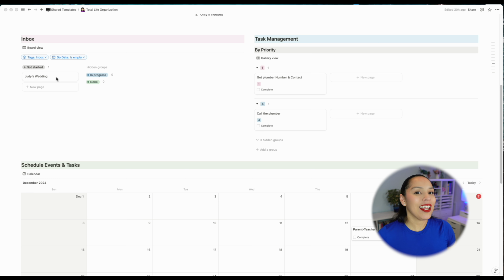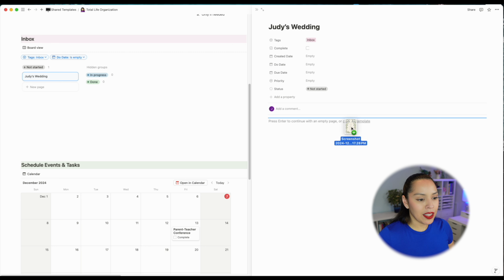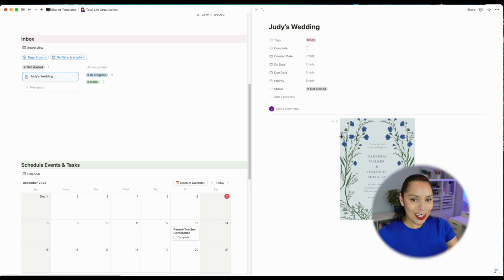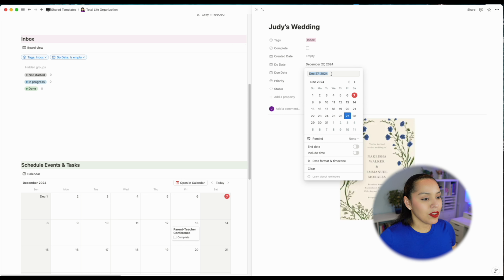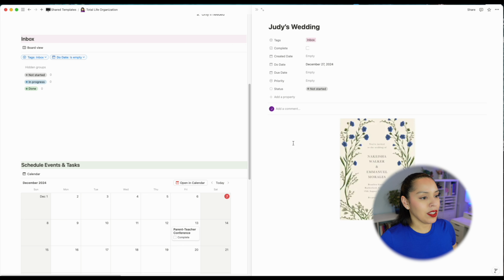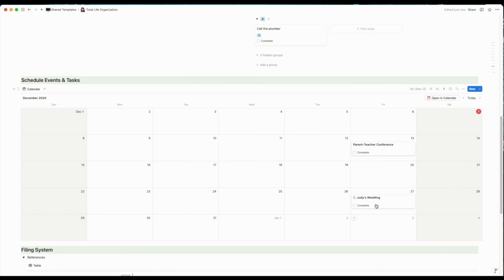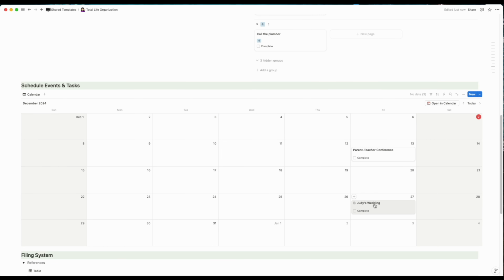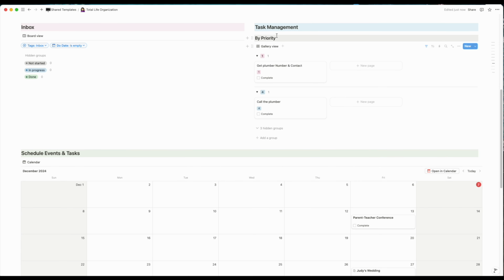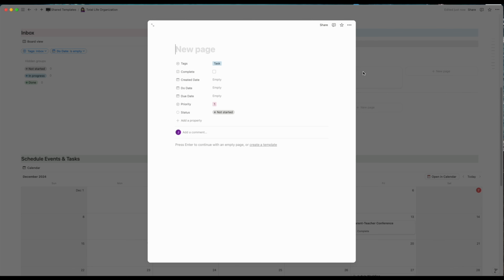So for Judy's wedding, I physically got an invitation, and I do want to keep that for reference. I'm actually gonna bring the invitation into that card that I have, and I'm gonna write down the due date. So let's just make it December 27th. So there I have Judy's wedding. It's coming up right here in my scheduled events and tasks, but I also know that I have to buy Judy a present. So I'm gonna come here right to my task management system,